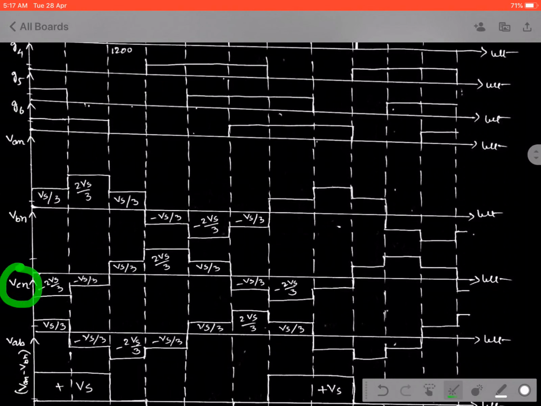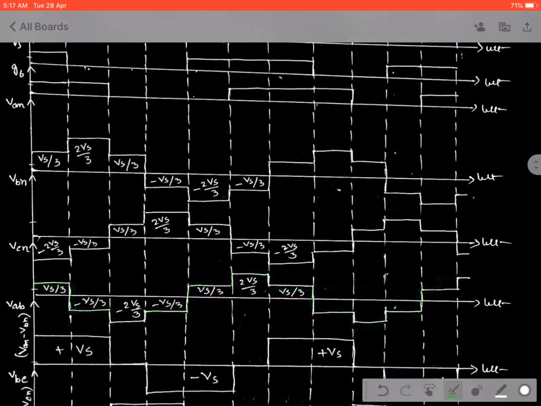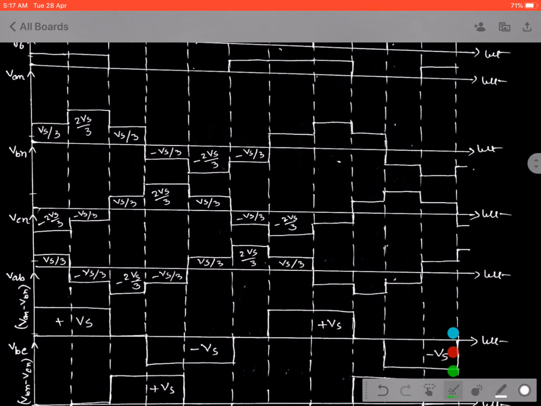So the same thing can be reflected again in the waveform in case of VCN. It has started from Vs by 3, then minus Vs by 3, minus 2 Vs by 3, again minus Vs by 3, and it will be continued for the next cycle onward. Okay. Now see the waveform very carefully, all the cases. Now the first waveform, if we consider it with the fundamental waveform, then VAN just starts from 0, then maximum, again 0, again maximum, 0, maximum, 0, and maximum. That is, it is almost like a sine wave.